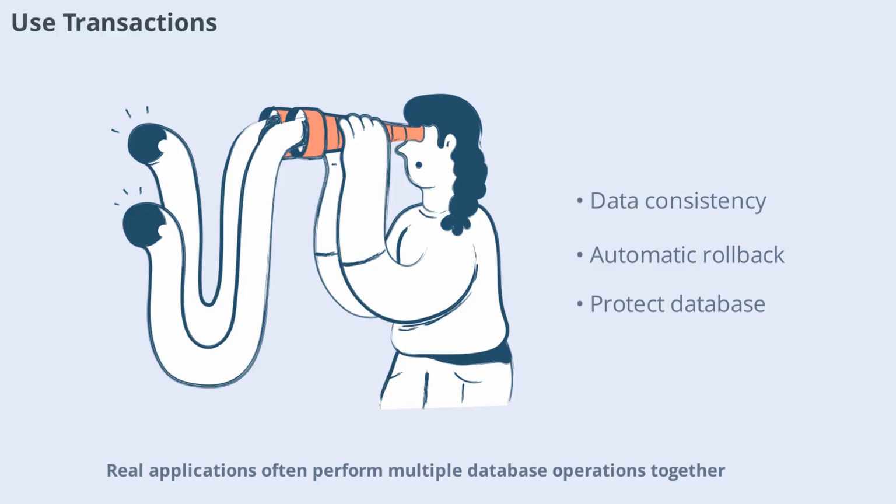Real applications often perform multiple database operations together. If one operation fails, you risk ending up with inconsistent data. That's why transaction management is critical. By using @Transactional, you ensure that either all operations succeed or everything is rolled back, protecting your database from